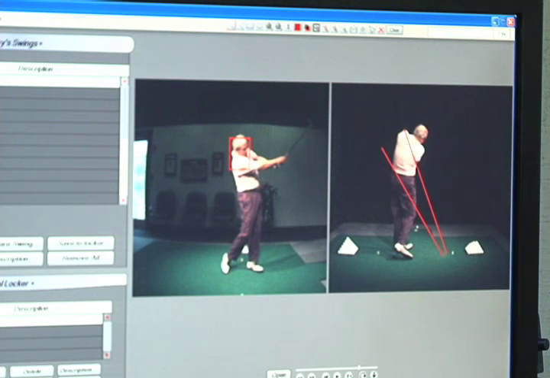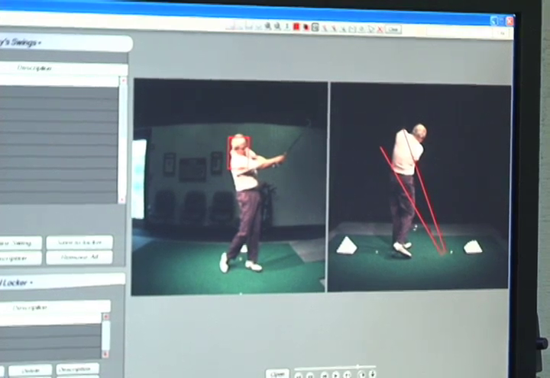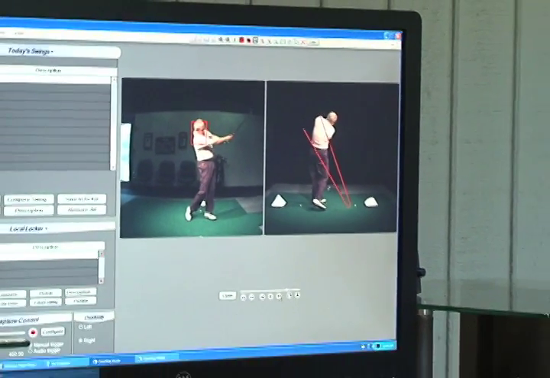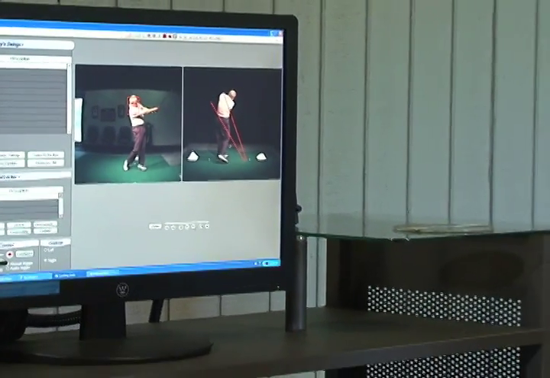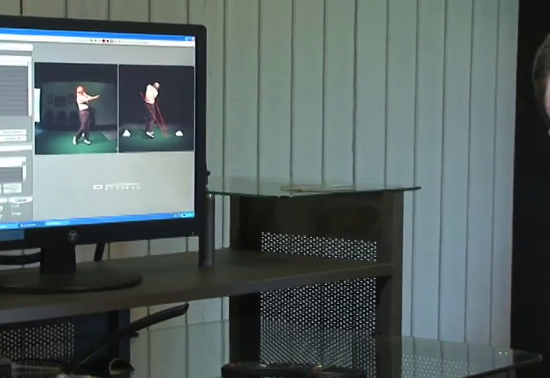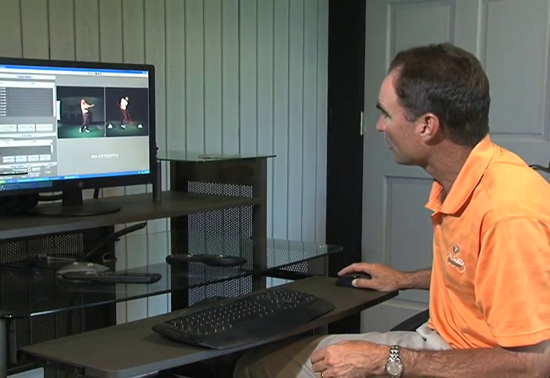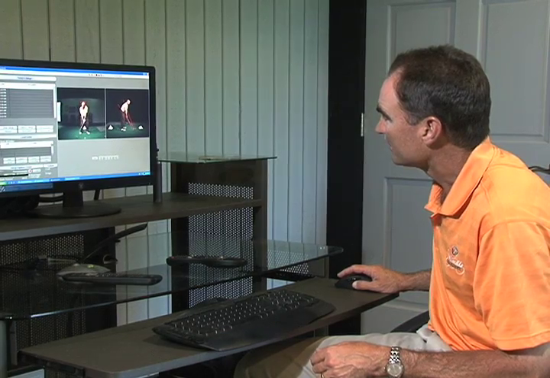So with Bill, my main focus would be that he's going to need resistance through impact. The point being, if you're going to kick a field goal, you don't keep running toward the target, you actually plant against what you're going to do. So I would pick one main thing there, and then I would go over to his down the line view,